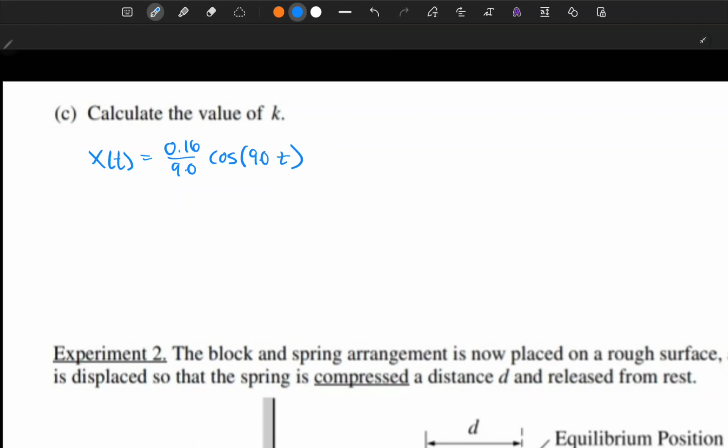This implies that a of t, which is equal to the second derivative of position with respect to time,